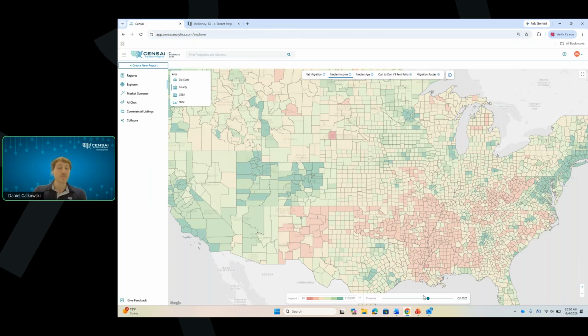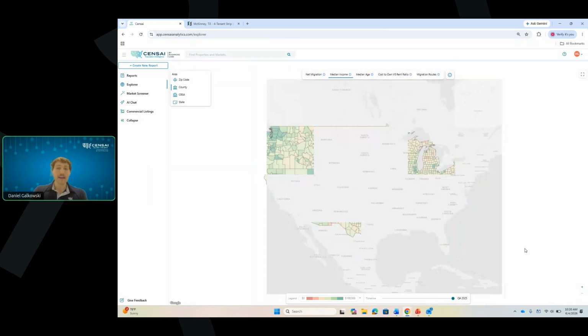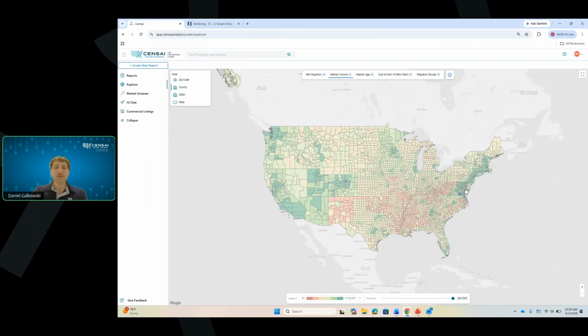And then at the bottom, we also have the option to update our slider scale so we can choose what quarter we want to look at. So right now we are looking at median income data, and we can see the green areas around the coast on the northeastern side, as well as the west coast, are going to be areas where the median income is $100,000 or greater. And then, some places in New Mexico, Oklahoma, we do see a little bit lower median income. And then you can dive into your specific markets and do a little bit more underwriting and due diligence on the market.